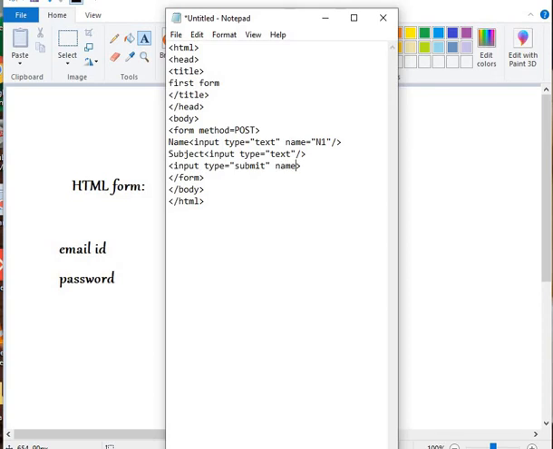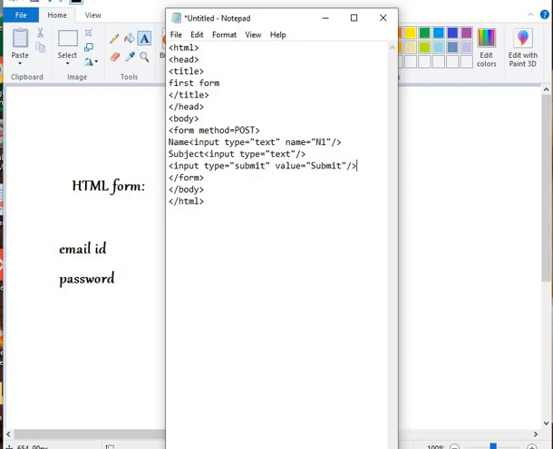You can provide a name to it, name equals to something. You don't have to in this case because I'm not going to use this data in any other code. So input type equals to submit, and then value equals to submit. So this actually shows that this is going to be a button or a submit button, right? And then we close the form.